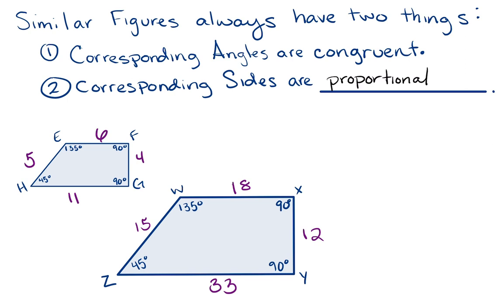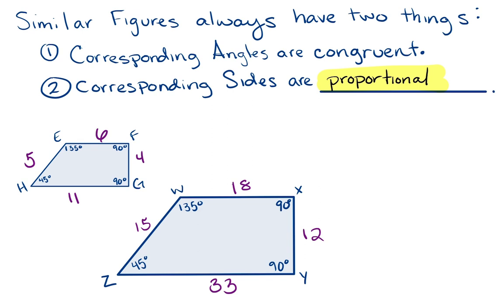Okay, we'll go ahead and highlight that too. Corresponding sides are proportional. That means that if I was to create fractions to represent the relationships from side to side, they should all be identical. Okay, so when we do this, the best thing that I can suggest is that we set up these fractions